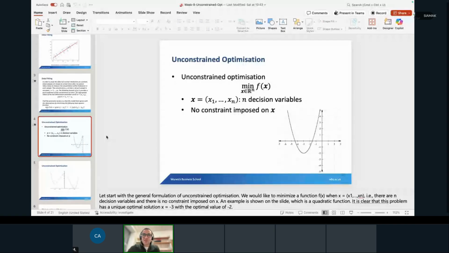Unconstrained optimization, we talked about that there is nothing to limit the value of the decision variable. So what we have here is the function that we have. This is our function which we are trying to minimize, and you can see here that x can be any value in the n-dimensional space, and it can be a real value. We talked about this. And x we have here is the vector of all decision variables that we have. So essentially we can write it as a vector or list, let's call it whatsoever that you want to call it, x1 to xn, which are our n decision variables we have. There is no constraint that we have imposed on